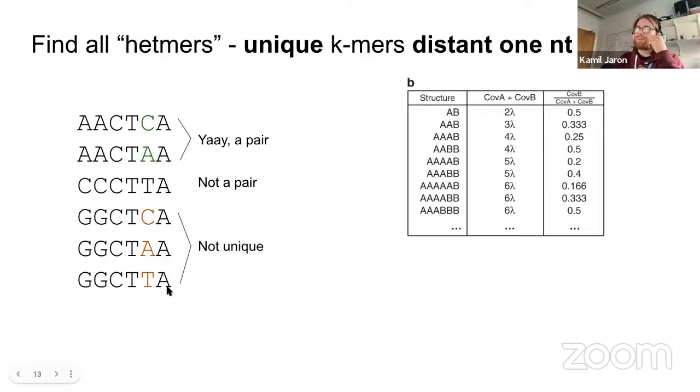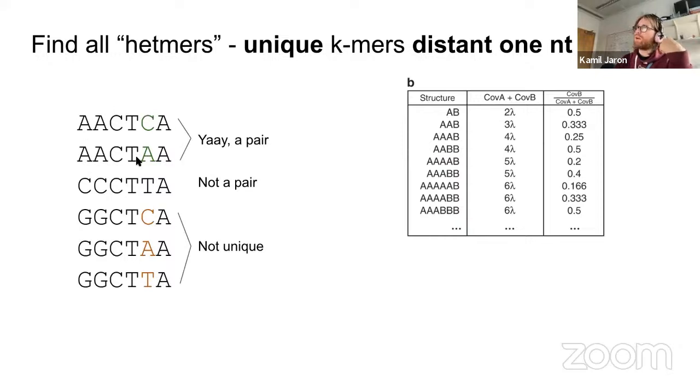Just to clarify a bit, we search for all the k-mer pairs that differ by one nucleotide, but also form a unique k-mer pair. So this one would work. This one doesn't have a pair, and this one is not unique. You see that this one is one nucleotide apart from this one, and this one is one nucleotide apart from that one. So that would make a clique of three, right? Because they don't fulfill the uniqueness criteria, we just say we don't care. We don't want to deal with that stuff. And this will actually get rid of lots of the repetitive bits we are not all that interested in looking at anyway.